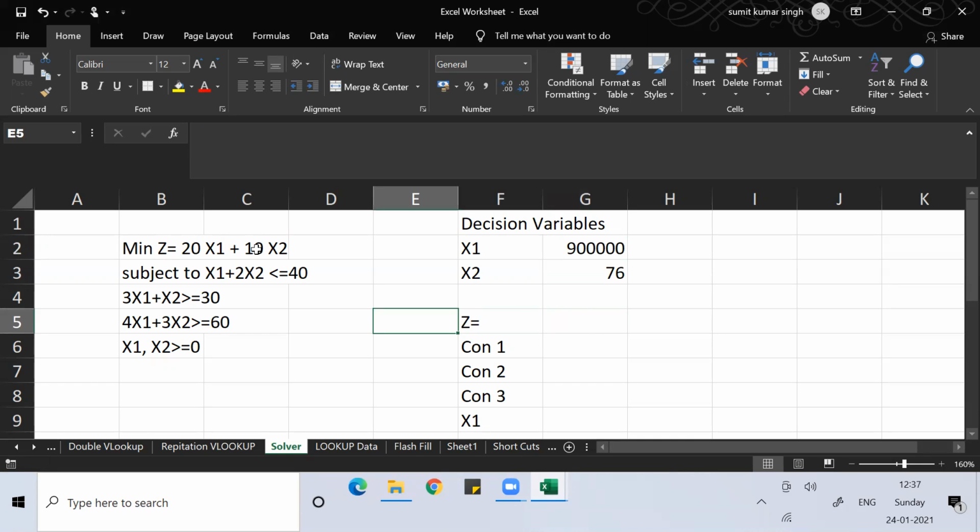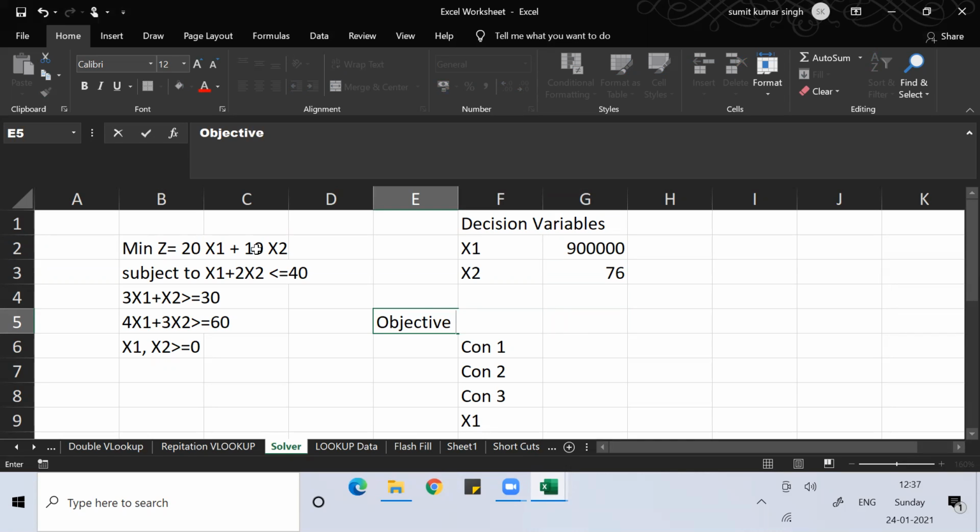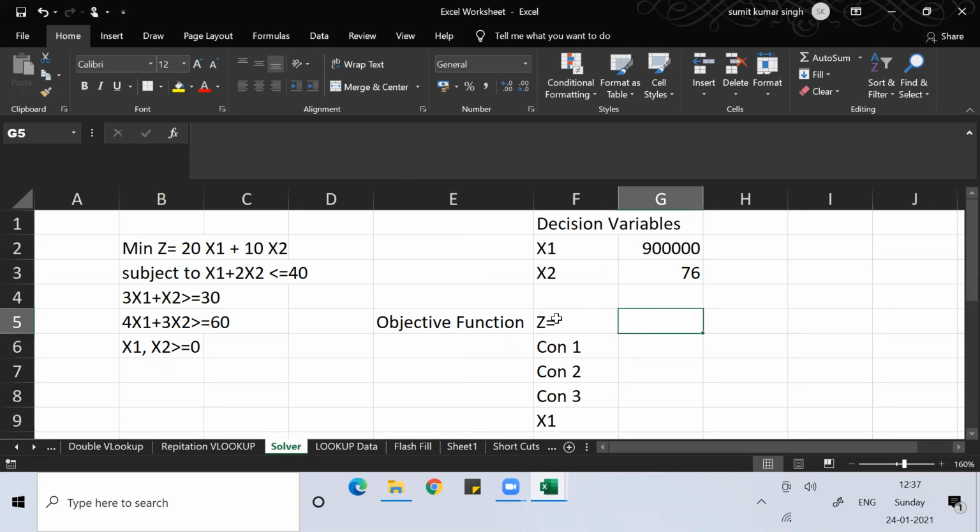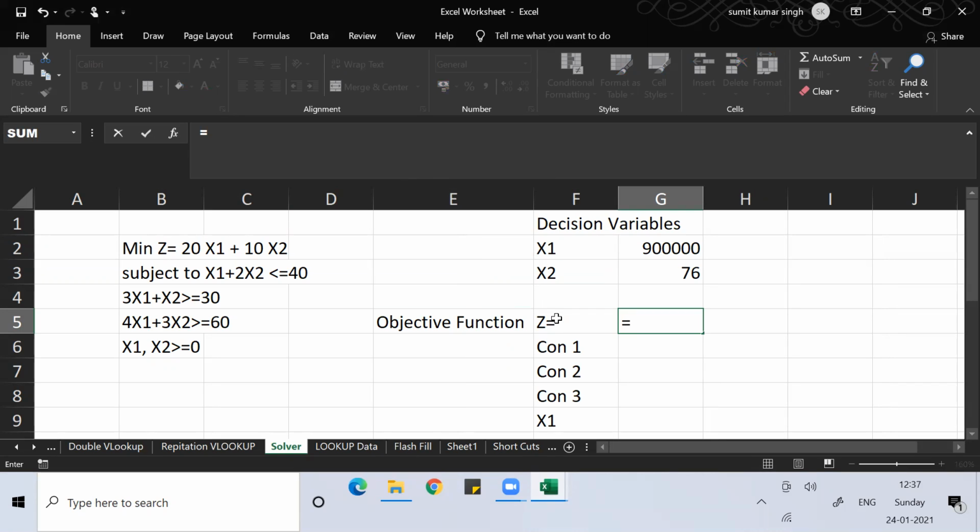Okay, and then this is your objective function. Anything mathematical you do in Excel, you have to do with an equal to sign.